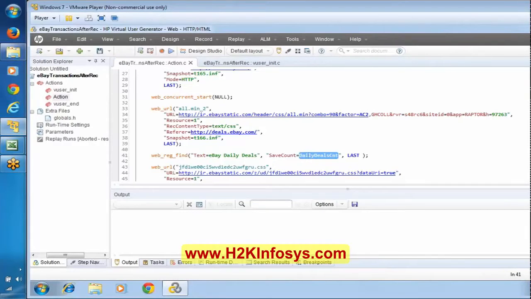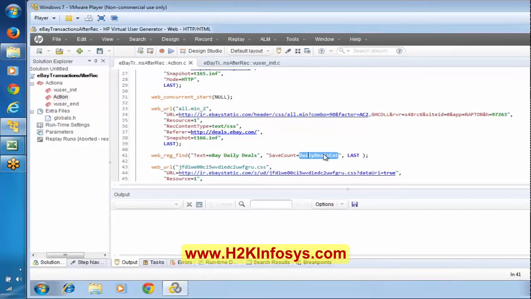Now I am saying this is a LoadRunner related variable. In LoadRunner we have two things: one is LoadRunner related and the other is C language related. Whatever I am saying here is a LoadRunner variable, and don't worry, for this we will have an exclusive talk.